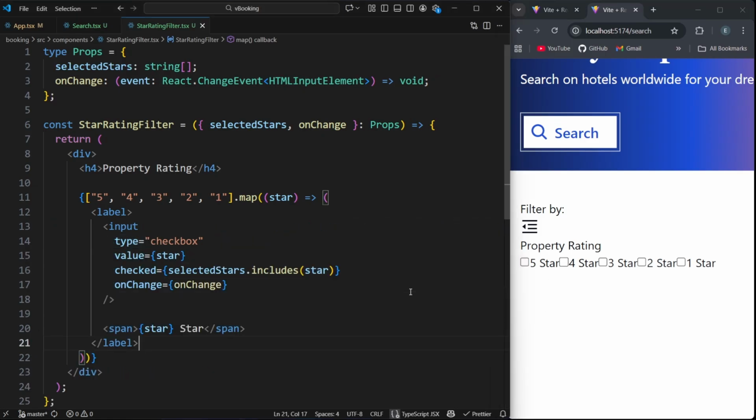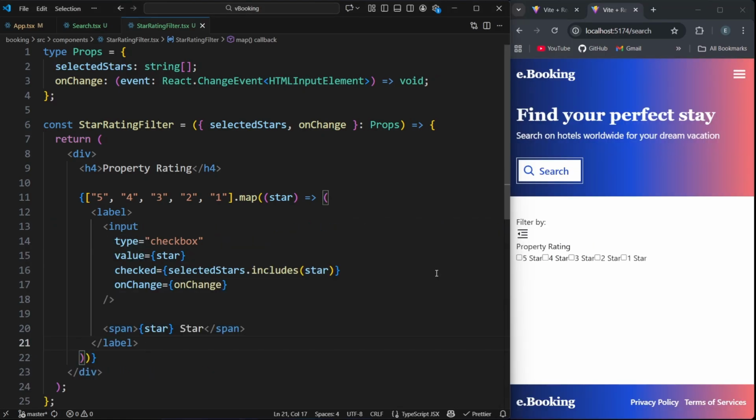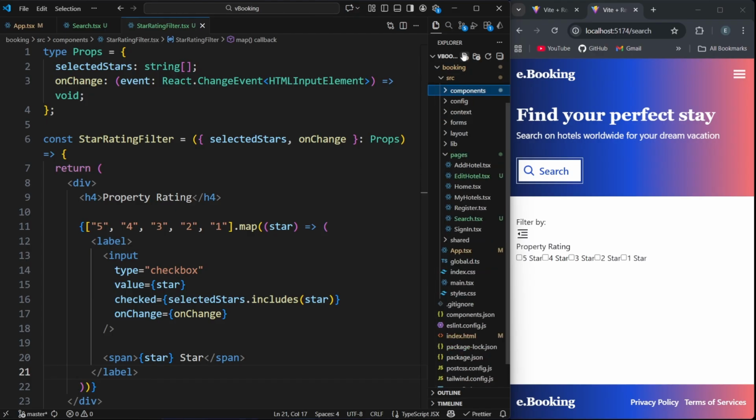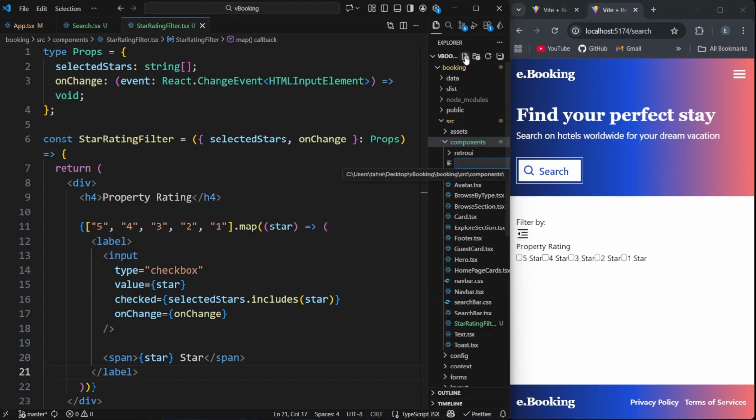Now let's save it. Now the same approach goes for the other filters as well. So make sure you understand it well, as I won't explain the same code again. Now first we will build the other filters and then we will style them all together. Now let's dive in. So inside components folder, create a new file called